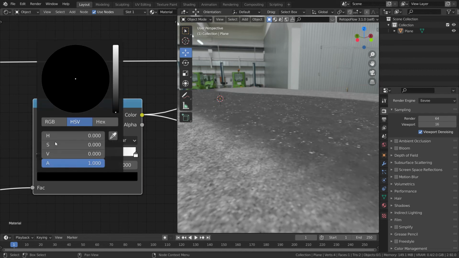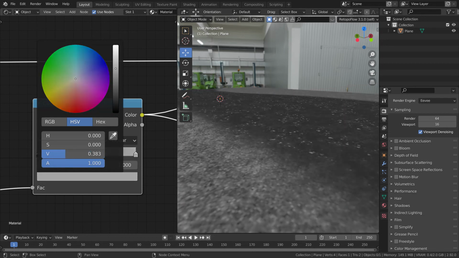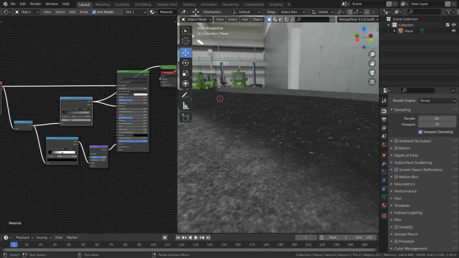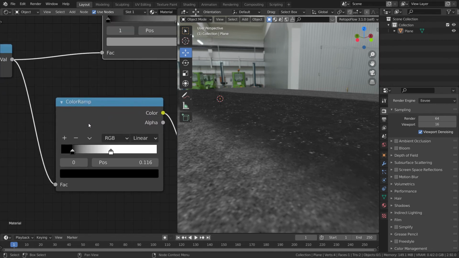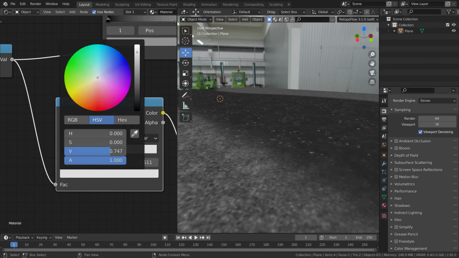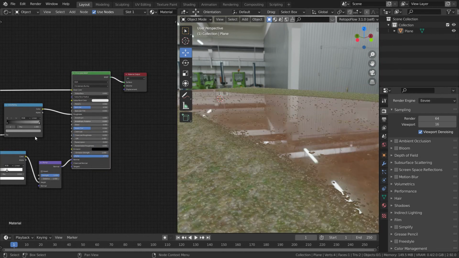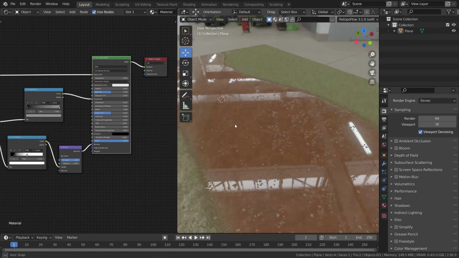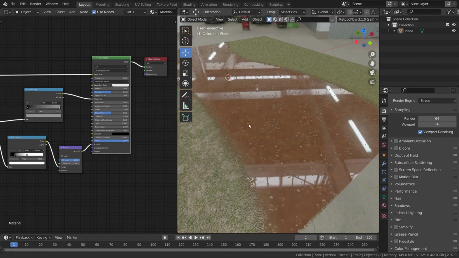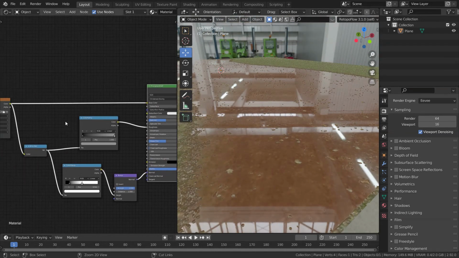And to make things a little bit less rough, you can take this white value and bring it down, so now you control the roughness as well. So as you can see, we have a lot of control over here on whatever we are doing right now. Okay, let's keep this white. Okay, so once we are satisfied with that, as you can see, this mud actually looks way too glossy, but I think inside the EEVEE it's looking like that.